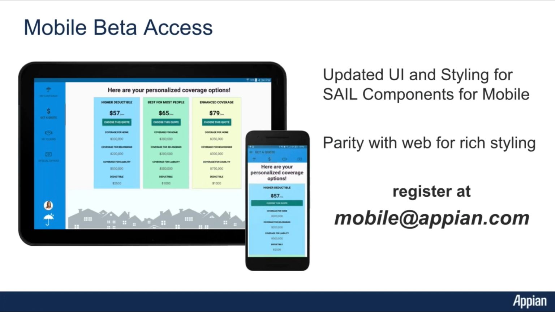Higher deductible, best for most people. Enhanced coverage. I can see very clearly delineated content by that color, each one inside the card layout. And the entire card layout can also be made into a clickable action. And of course, this looks really intuitive on a mobile device, as we see now with the new mobile beta version. If you'd like to start working with the mobile beta and seeing those billboard layouts, custom column width controls, card layouts,